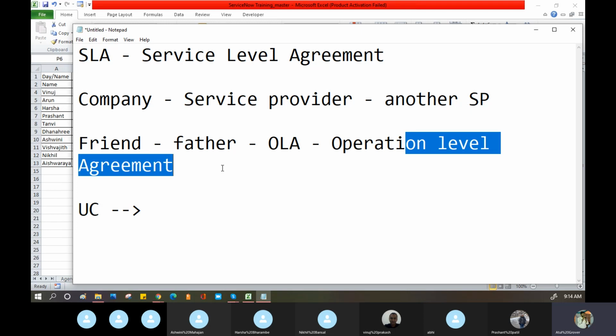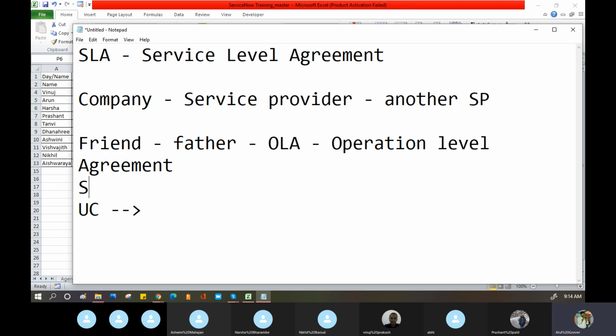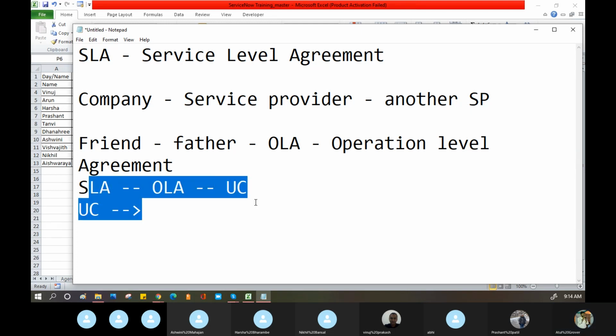Like Amazon, the e-commerce website, gives you an SLA of 5 days, but the e-commerce website and the seller have some other OLA in between. For you those are the OLA, but for them it can be an SLA. In short, we define it like this: SLA, OLA, and UC. In this format, we always speak about these things.